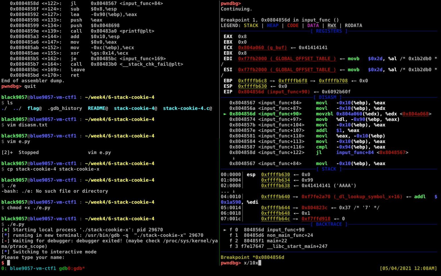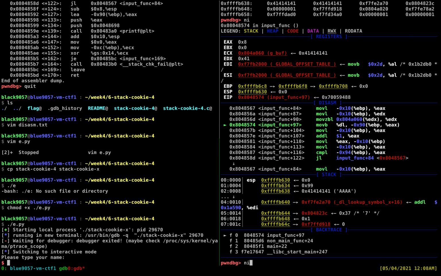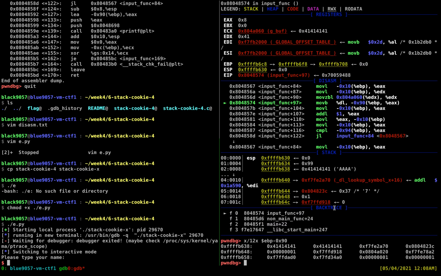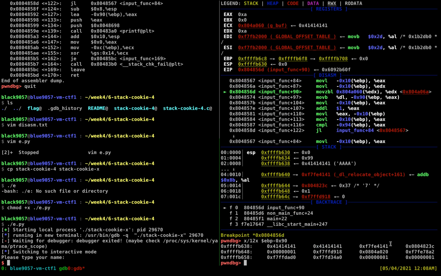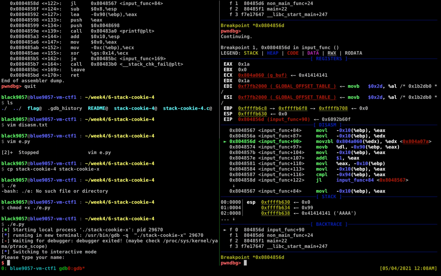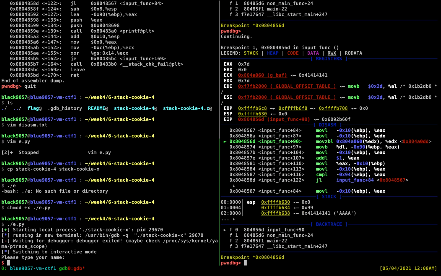So if we do EBP minus 0x90, that is the buffer, and then we will see A. Go one more instruction, then continue, another A here, then continue, another A here, and it will fill A, and so on. Let's continue up to when the EDX value goes to A0, because that's what we are interested in. 60, 70, this is 7F, and then this is 80. So when our index is 80, then we can check